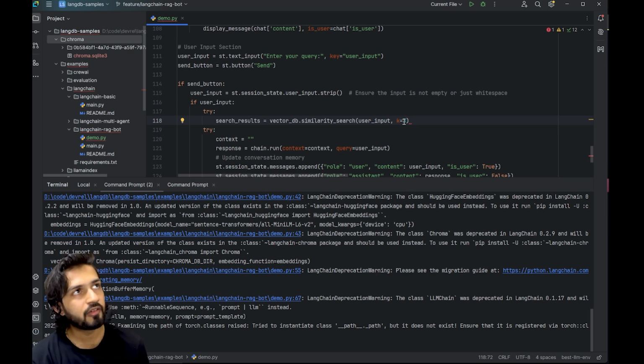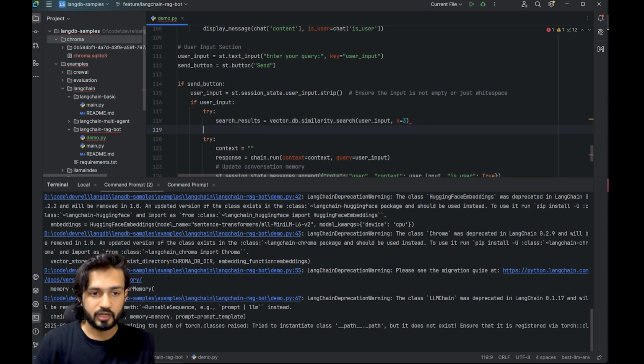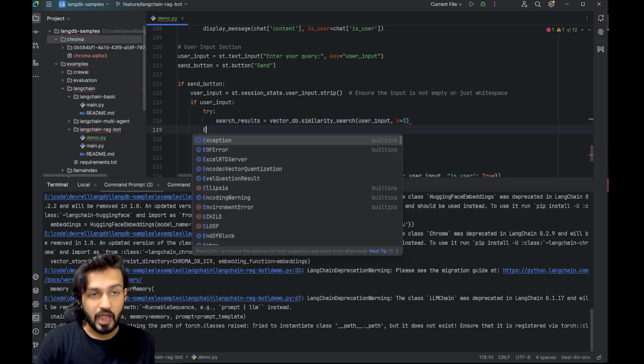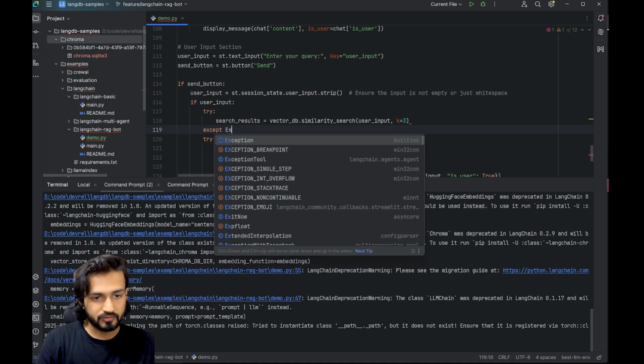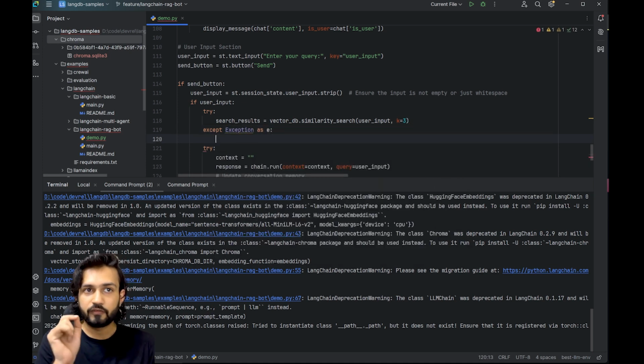Let's say you uploaded a PDF file for interest rates, and the user says, what are the interest rates currently present. So it will search for all the interest rates and give you the result in 3 chunks only, not more than that. Now you have to add exceptions also, except exception as e,